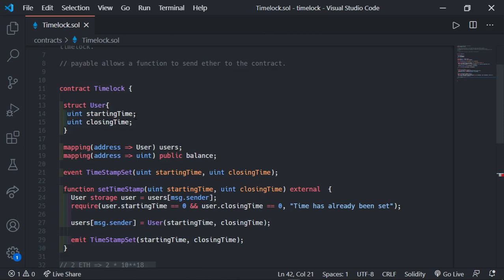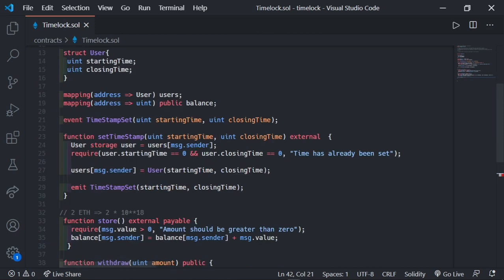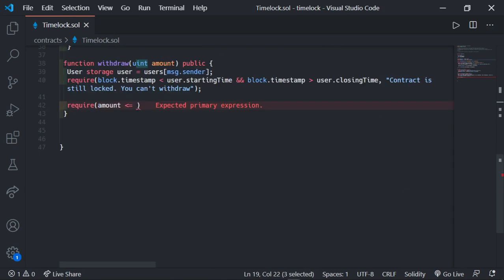I can get the balance from this mapping. Balance of this address will give me the current balance, so balance of msg.sender. Now this will give me the current balance of the user calling our function. So require that the amount the user is trying to withdraw is lesser than or equals to its balance in the Timelock contract. Otherwise,